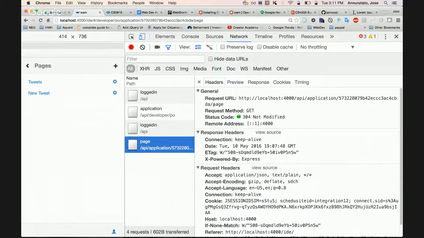I can say now I want pages, the page. If I don't specify which page, then it's all the pages for that particular website, and so on and so forth. You see that? This strategy allows us to navigate any data point in our database in a hierarchical manner. Now it gets somewhat more challenging when you're talking about many-to-many. So many-to-many changes a little bit, but we'll get to that a little later.